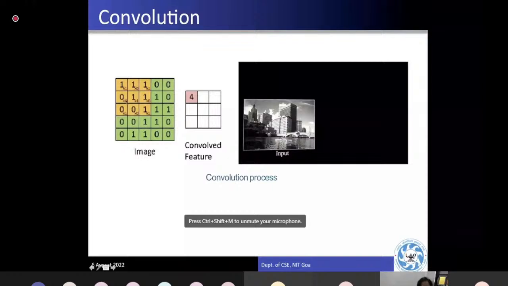Let's assume here the filter size is 3 cross 3. This yellow part is the filter. So your filter is going to check only from this part. Let's say we are going to identify a famous city, and this filter is going to say whether it is the picture of that city or not. So if it matches this filter, and by the way, there is also the slider. Like this 3 cross 3, next time I will move, let's assume the slider is 2. So from here it would be another 3 cross 3 matrix. So that's the value. This is just a simple example, not a concrete example.